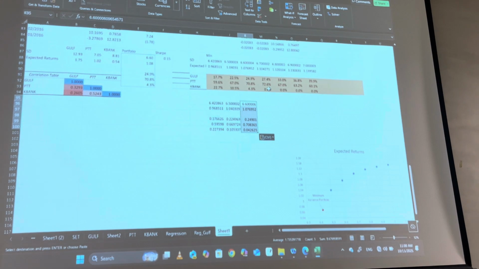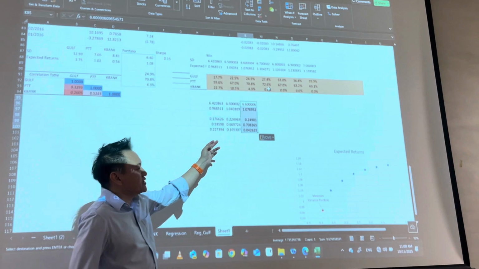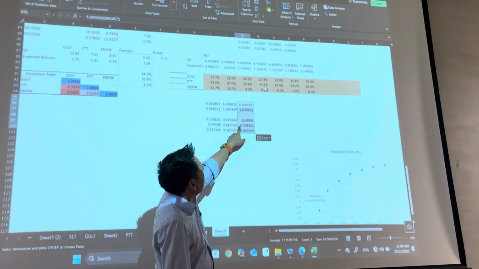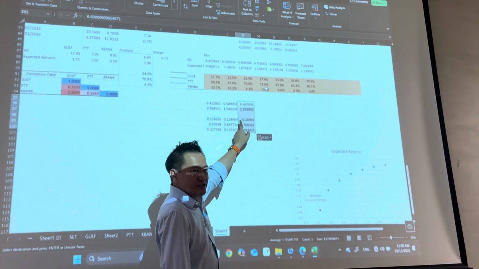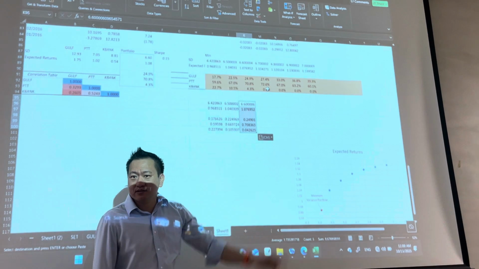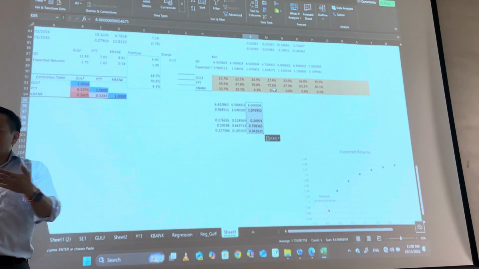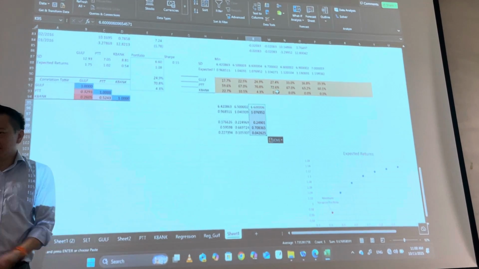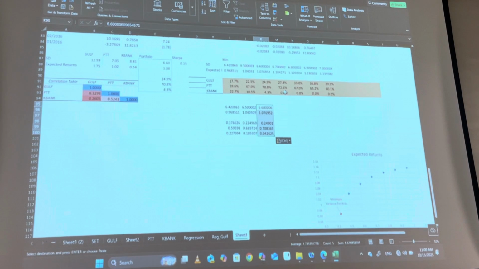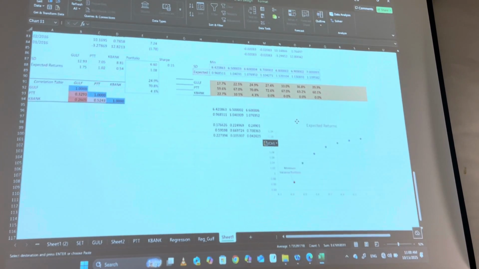Okay. What do you notice? It looks like with the shorting allowed, even though we allow shorting, the weight of different stock here is still very similar to the one above. Maybe because I only have 3 assets. If you have 10 assets, it could be different. So it'll be really interesting to find out how your efficient frontier is different from the one with no short